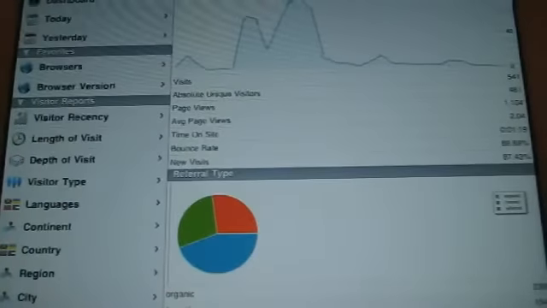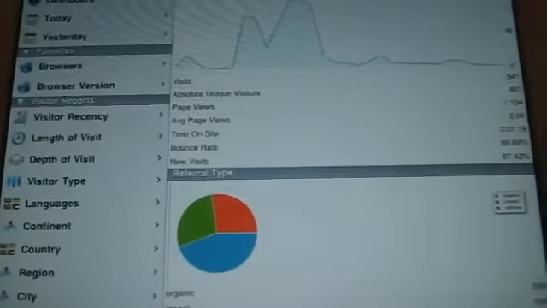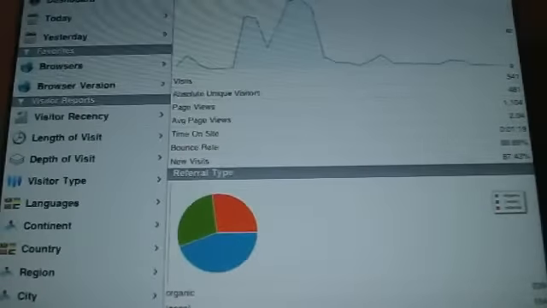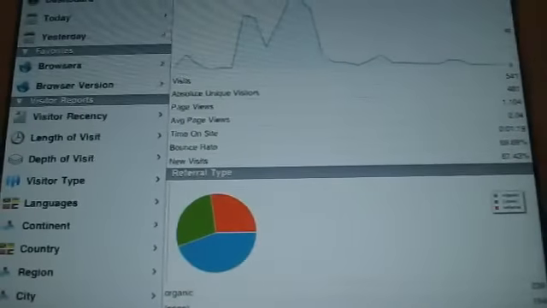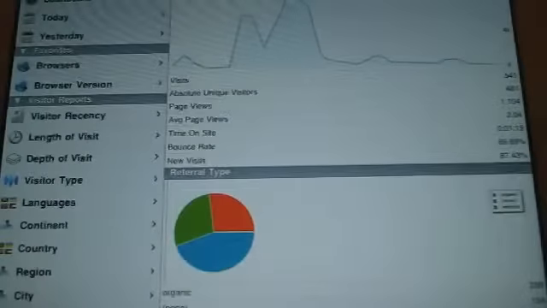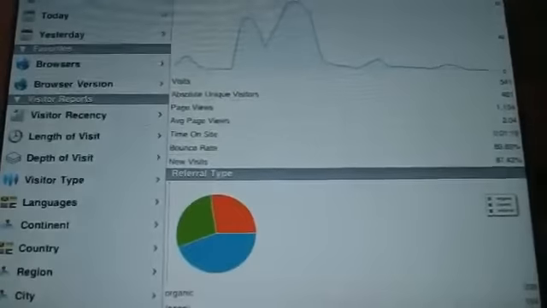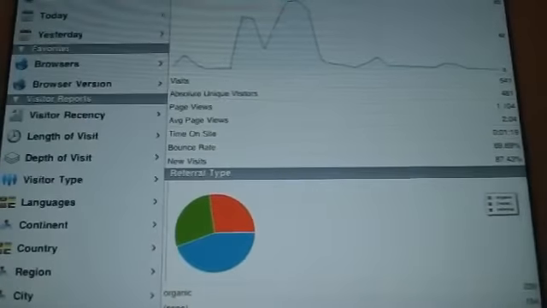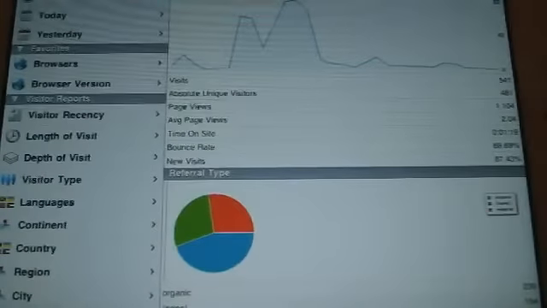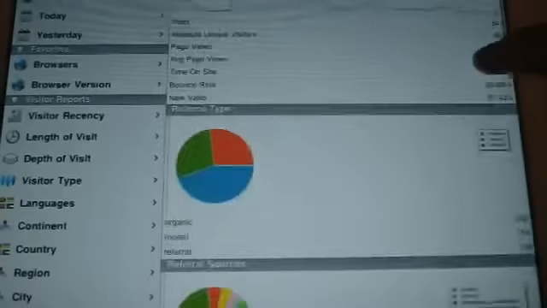Hey guys, I got a pretty good treat for you here, and this is a professionally done app by Google, and it's called Google Analytics. For you webmasters out there, this is for you. Most of you are most likely familiar with it. It's to track your website